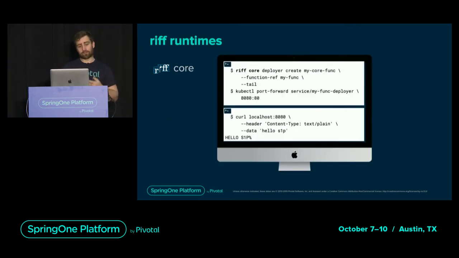And how do you do that? Again, the Riff CLI comes to the rescue. This time you need to target explicitly the runtime you're interested in. So it's not Riff anymore, it's Riff Core. Then you invoke the deployer create command, giving it a name, because again, you will have a custom resource that you can refer to later by that name. And you just need to give a reference to the function you built earlier, right? That's why you gave a name to the function. And then it will create the deployment for you with pods and expose a cluster internal service.